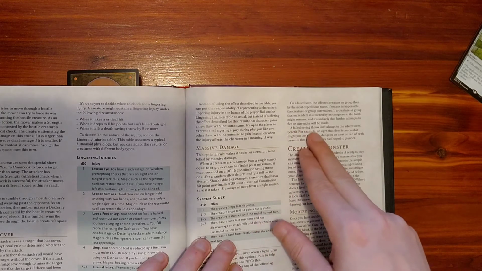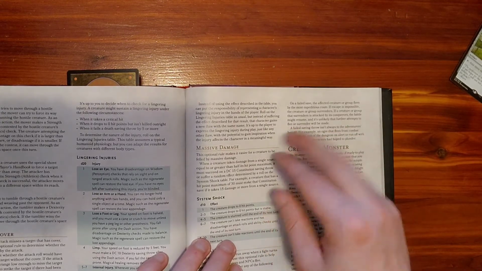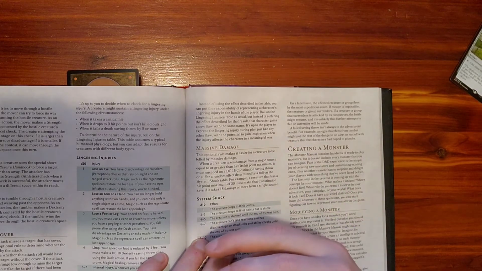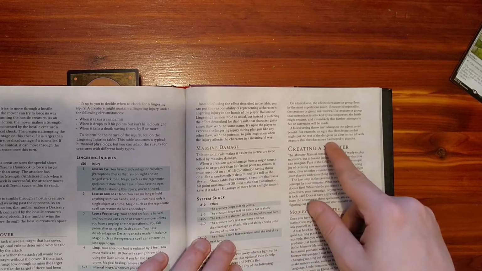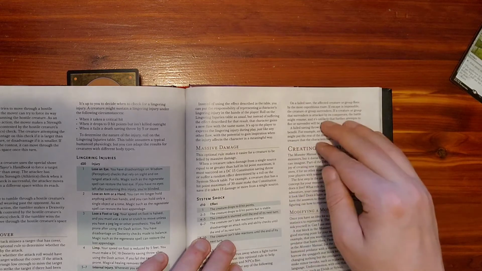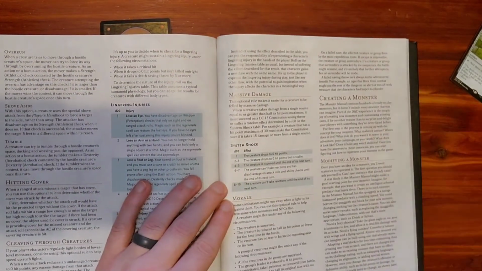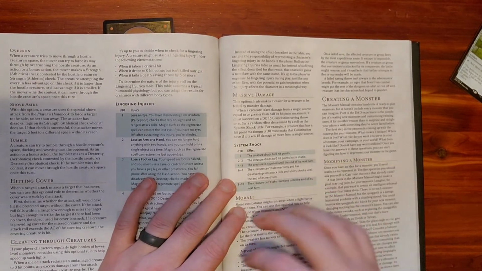A failed saving throw, this last little part's not bad. A failed saving throw isn't always to the adventurer's benefit. For example, an ogre that flees from combat might put the rest of the dungeon on alert or run off with treasure that the characters had hoped to plunder. This rule, on page 273 of the Dungeon Master's Guide, is